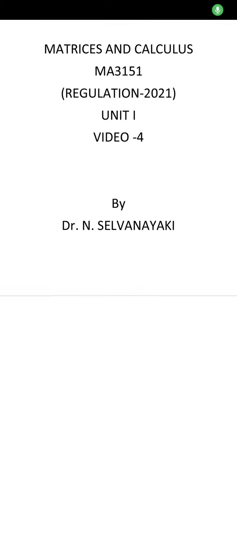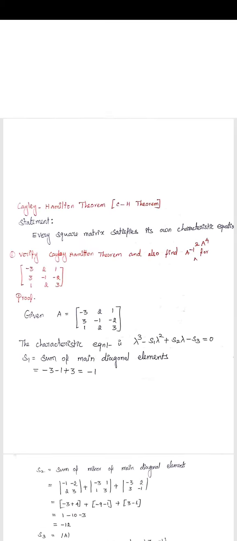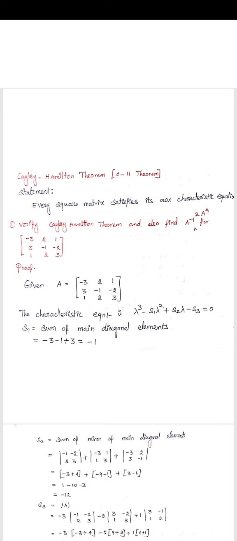In this lecture, we are going to see the topic Cayley-Hamilton theorem. The statement of the Cayley-Hamilton theorem: every square matrix satisfies its own characteristic equation. The first problem is to verify the Cayley-Hamilton theorem and also find A inverse and A power 4 for this matrix -3, 2,